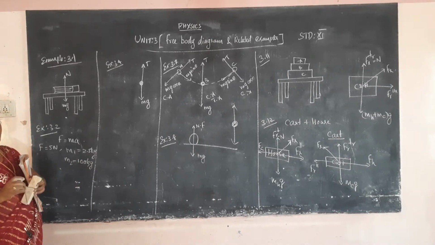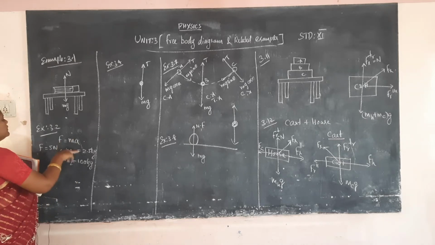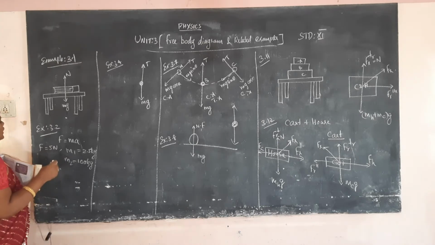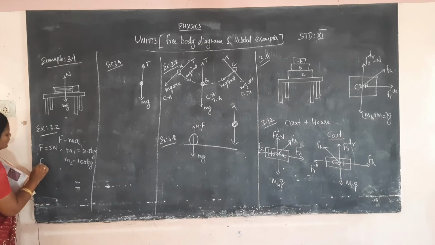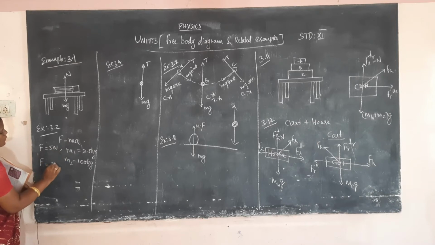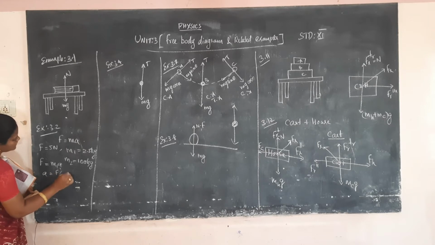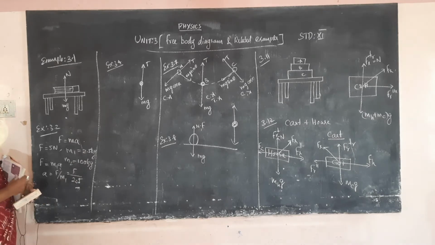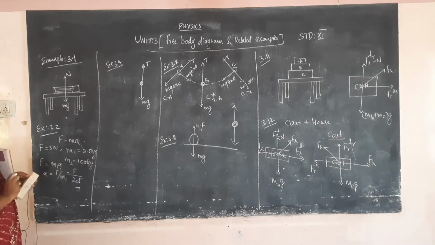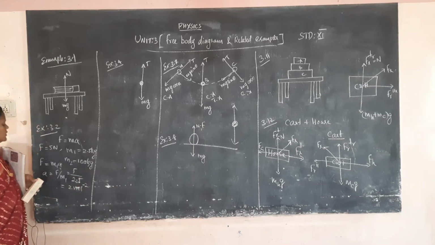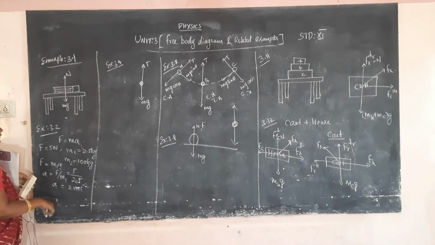First we want to calculate the acceleration of the first object, and then of the second object. How to calculate? The force F is the same, so F is equal to m1 into a. We want a, so a is F by m1. F is 5 Newton, m1 is 2.5. So 5 by 2.5 is equal to 2 meter per second square. This is the acceleration of the first object.